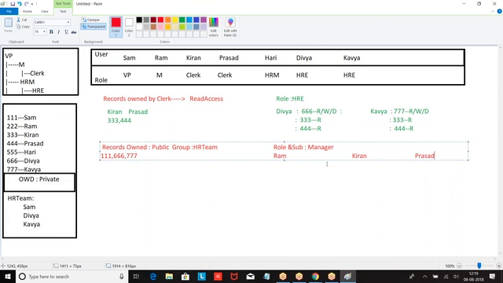Now basically Ram was supposed to see 333, Kiran was supposed to see 444, Prasad was supposed to see his own, but because of the sharing rule, what happened? 111, 666.